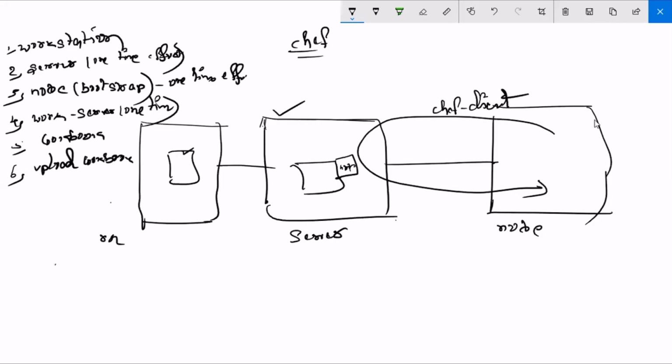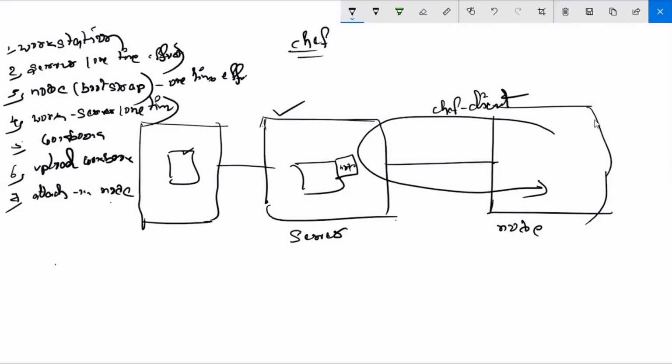And after that, what do you do? You attach the cookbook to node. See here, we have a problem. Suppose I have 1000 nodes. Today you have written a cookbook. You attach this cookbook to all 1000 nodes.